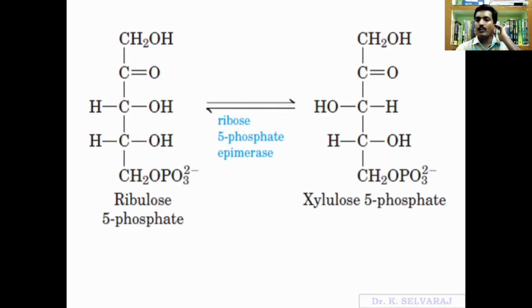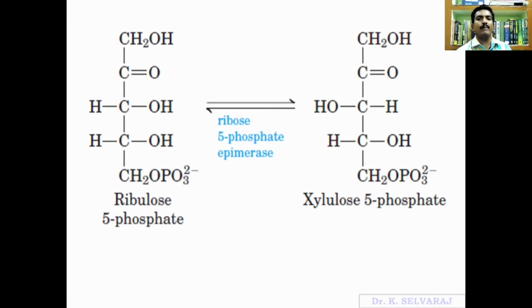In the first step, ribulose 5-phosphate is transformed into xylulose 5-phosphate with the help of the enzyme ribose 5-phosphate epimerase. What is the difference between the ribulose 5-phosphate and the xylulose 5-phosphate? In ribulose 5-phosphate, on the 3rd carbon atom, the OH group is present on the left side. Sorry, the right side in ribulose 5-phosphate, but in xylulose 5-phosphate, it is present on the left side. That is the main difference. For that difference, the ribulose becomes a xylulose with the help of an enzyme